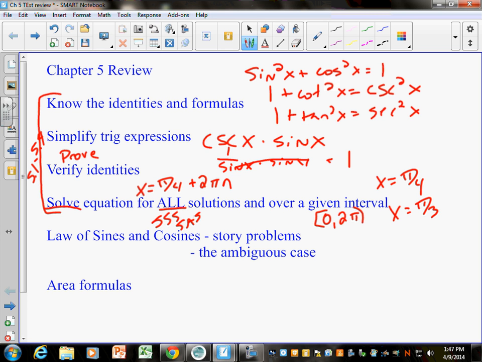And the area formulas. There's the one when they give you three sides, and there's one when they give you an angle and two sides. I'm giving you those formulas. Hopefully those will be easy questions. You just use the formula, because I'm giving you a million formulas. It's ridiculous.